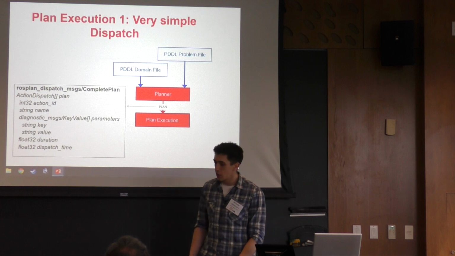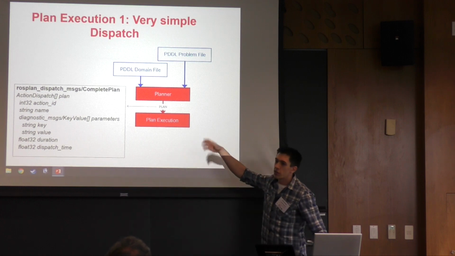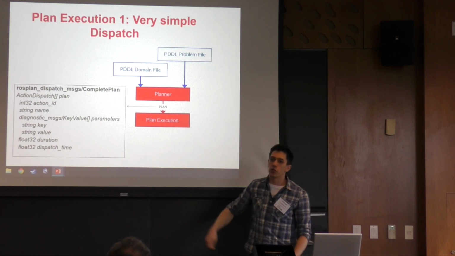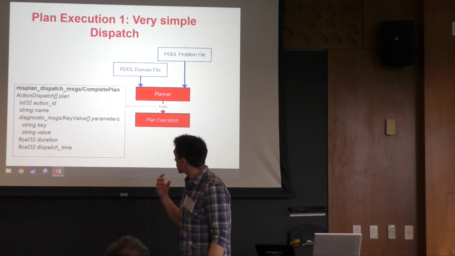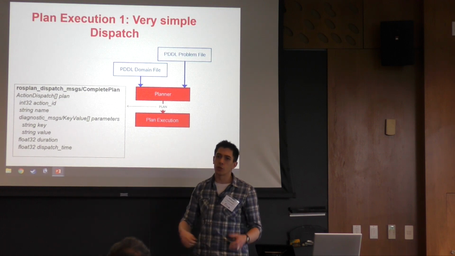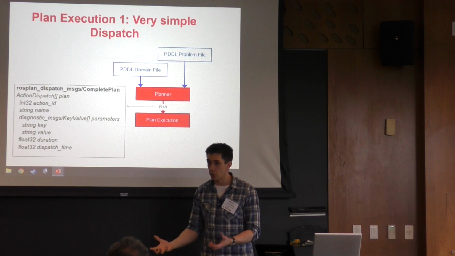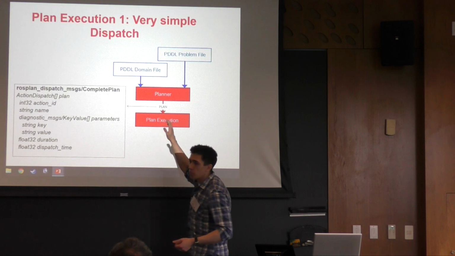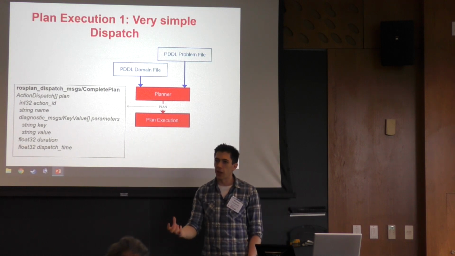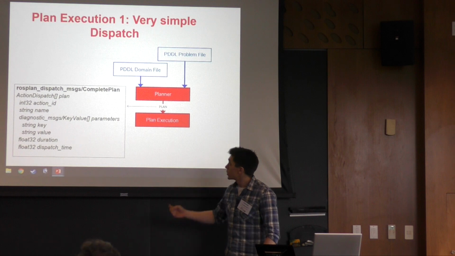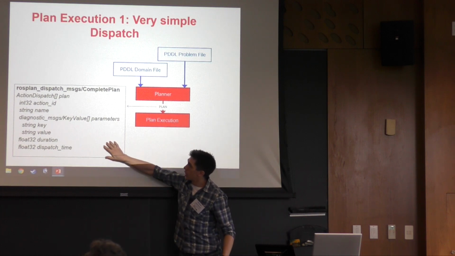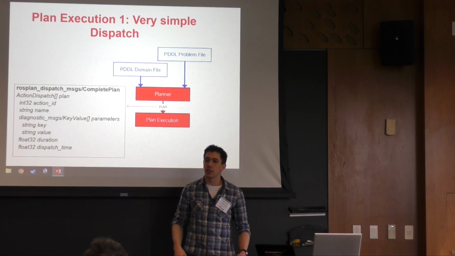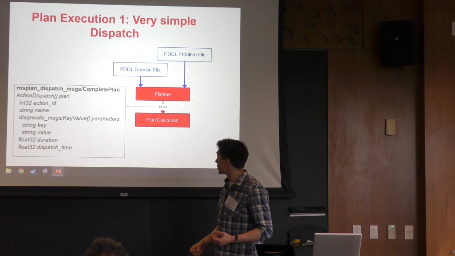Okay. So in this case, these red boxes are nodes that you can set up in ROSPlan. In ROSPlan, there is a node that you can launch which accepts a domain file and a problem file. You can set where those files are as parameters in the launch file, or you can pass them on topics. And it just interfaces with the planner. So it's just a way of hooking a planner into a ROS system. The plan itself is then published from this node as an array of action dispatch messages. And these just correspond to the PDDL syntax of action name and parameters.